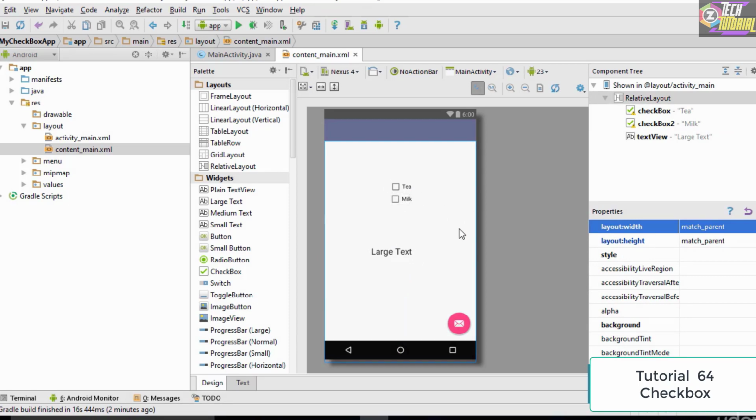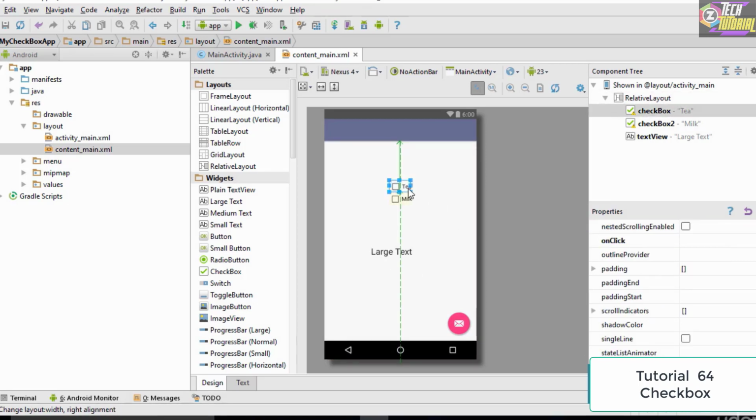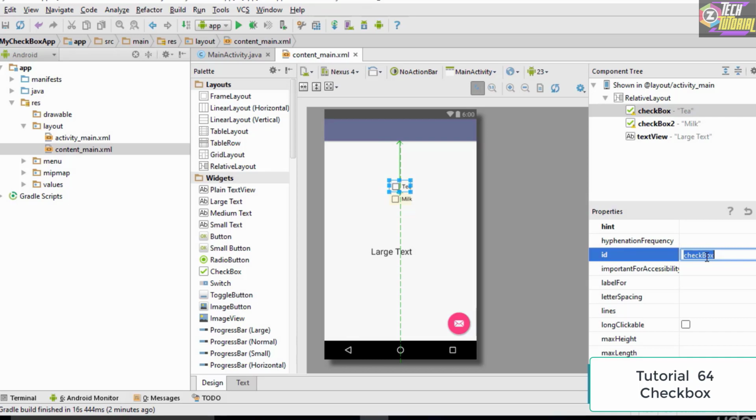Now the next thing which we need to do is that we actually need to assign IDs to both of these as well as the text view. So we select the first checkbox, go to properties and change this ID to T, and for the milk we are going to change the ID to milk. Now this is a basic example which I am taking for the purpose of a demo, and actually you could add relevant IDs to your checkboxes, but for the sake of simplicity we are just going to go with tea